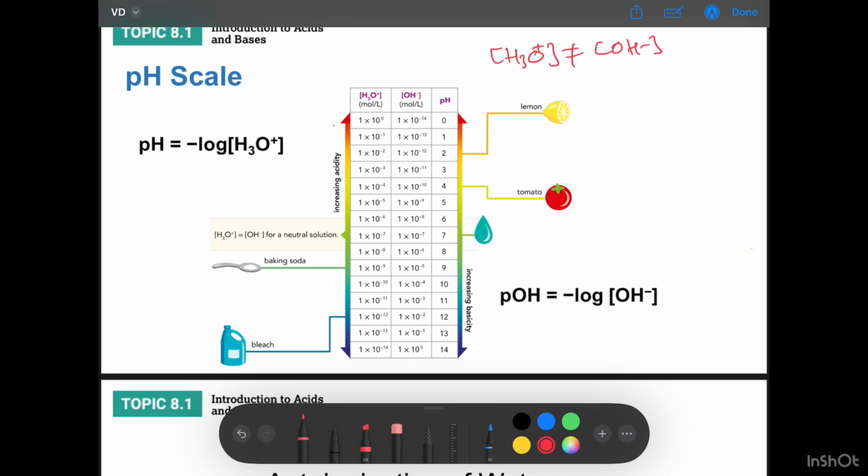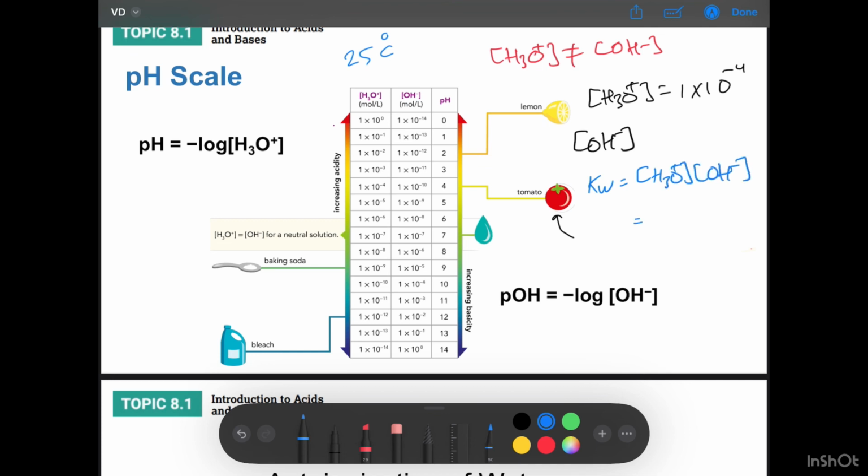So, for example, if I tell you the concentration of H3O+ is equal to, let's say, 1 times 10 to the power negative 4. Let's study the concentration in tomato. My question is, how can I calculate the concentration of hydroxide in tomato? So the first thing that you have to do, suppose that the temperature is 25 degrees because it's not mentioned. We can say Kw is equal to the concentration of H3O+ multiplied by the concentration of OH